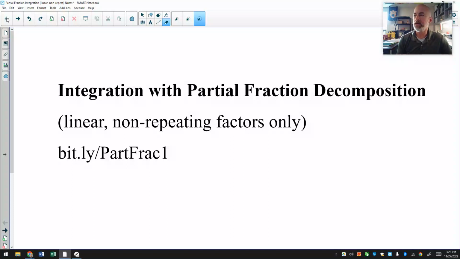Okay, let's look at some partial fraction decomposition as it relates to finding antiderivatives. If you're an AP Calculus student, partial fraction decomposition is only in the BC curriculum. It is not an AB required component. However, a lot of teachers, myself included, like to show partial fraction decomposition to my AB students because a huge